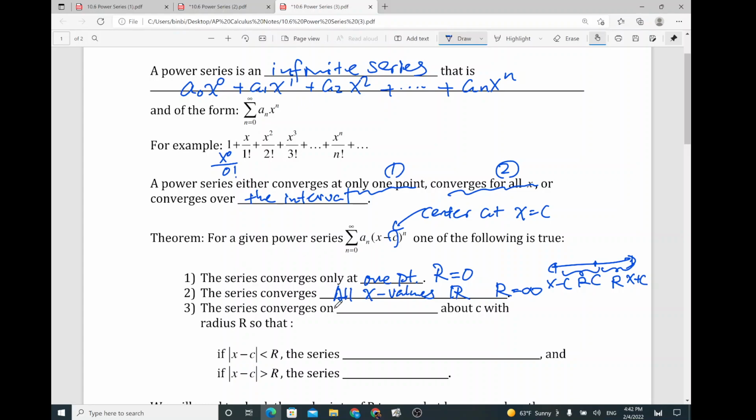If this series converges on an interval, about the center c with the radius r, then the absolute value of x minus c is less than r, and the series converges. If we sketch the graph, this one is saying that x minus c is less than r, and x minus c is greater than negative r, to the left and to the right. But for greater than r, this one is going in two different directions,